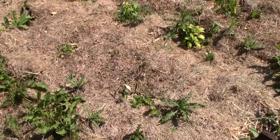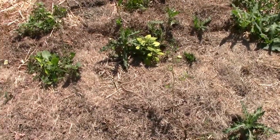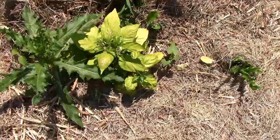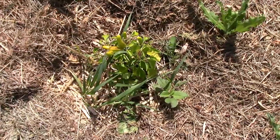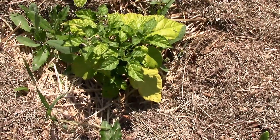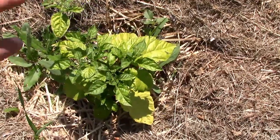Then we got a soil pepper patch that's kind of in the middle of this, with a few more onions on the other end. And, you know, immediately we can see that the weeds are much more prevalent here than they are in the other pepper patch. And if we look at these, these are all purchased starts, just like the others. That Super Chili's doing all right comparatively, but look at the color of the leaves. For the most part, these are yellow, these are sad. This one here, I think this might be the ghost pepper, seems to have adapted well, and it looks like there might be flower starts just beginning in there. I don't know if we're going to have enough of a season to bring that off, but